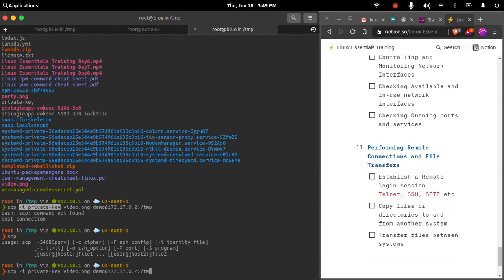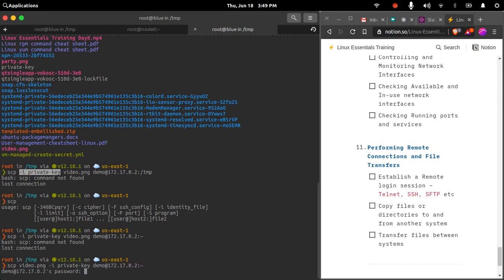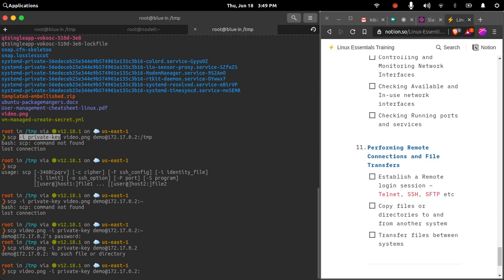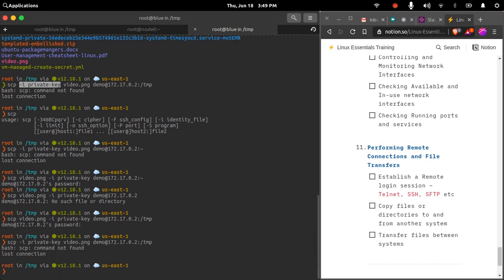SCP is showing command not found. Okay. -i private key file, followed by the name of the file that I want to copy and then the location.